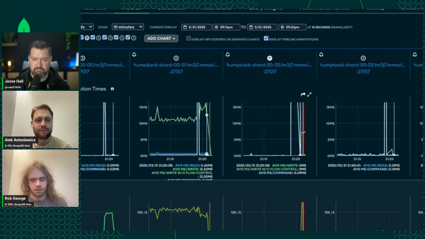I think for the engineering work that went into this, one of the biggest points was just the testing and making sure that the behavior of Atlas clusters was matching our expectations, and ensuring that when we're making these changes in some adverse scenarios where the cluster's under load, that things are still working as expected.